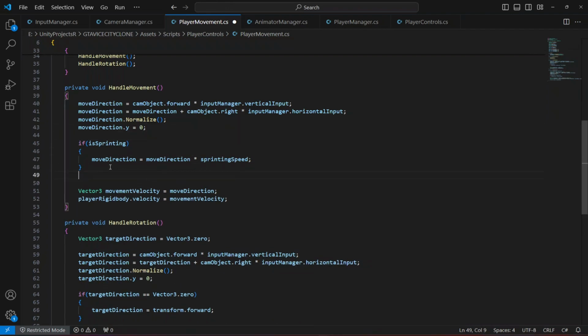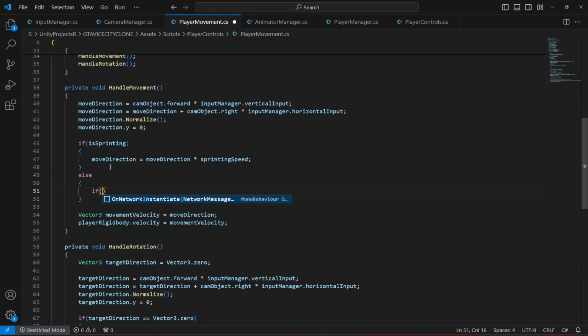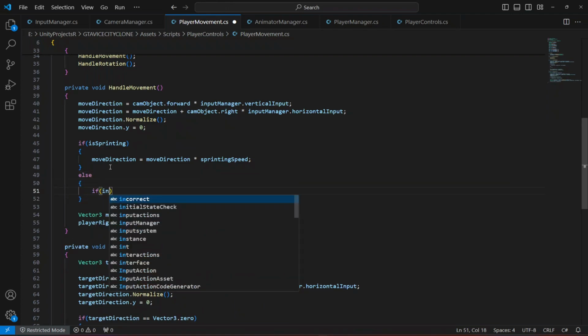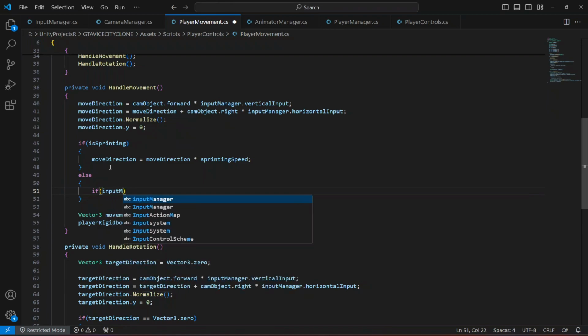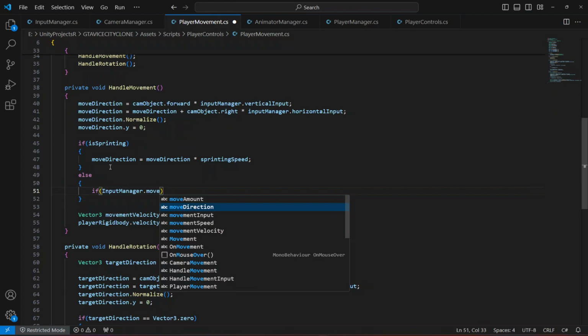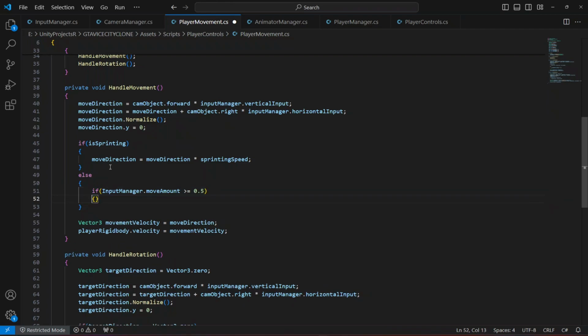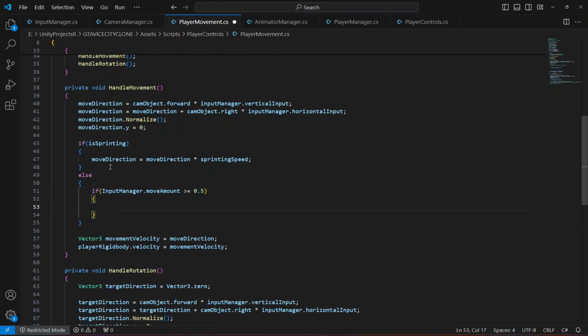Else, in here we're going to say if inputManager.moveAmount is greater than or equal to 0.5, then we want to apply the running speed,